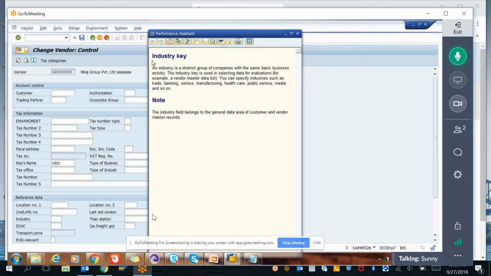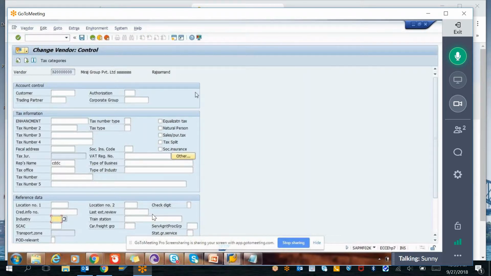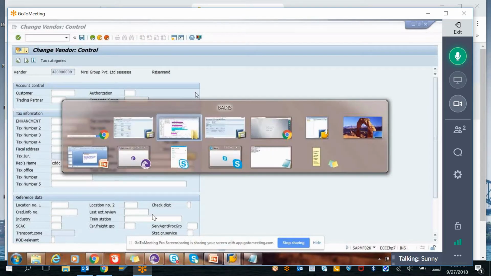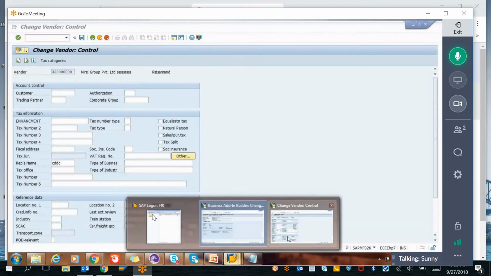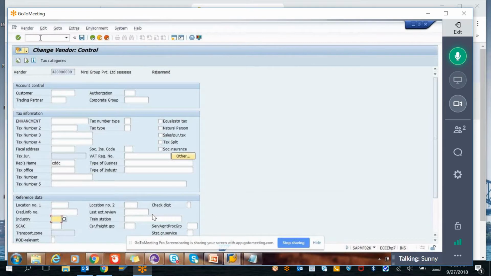Okay, let me put a condition saying that if it is India and if the industry key is blank, right, I have to raise an error message. If at least that works, for whatever, if it has to work, that should get